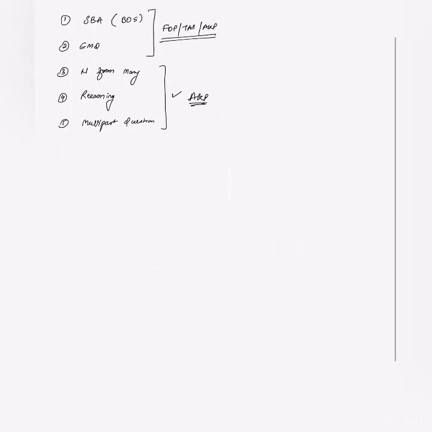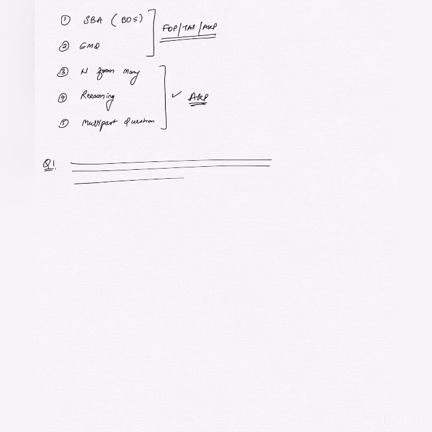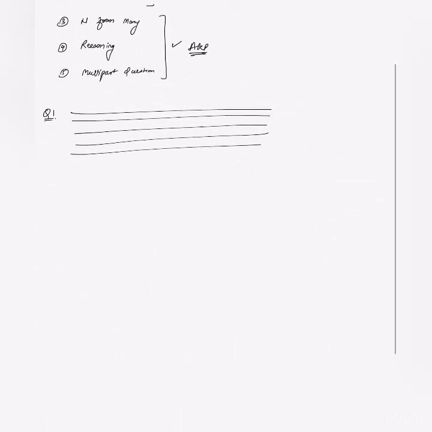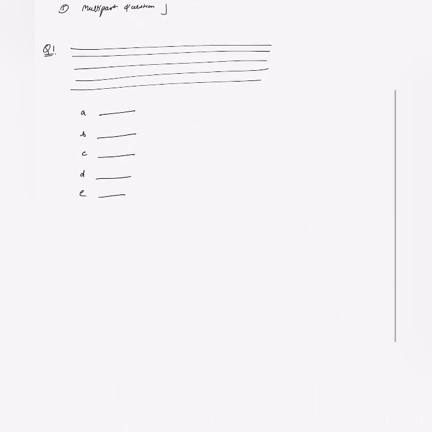So I will explain further what SBA is. Suppose somebody has given you a question, and this is the theory of the question, and after that question there are options A, B, C, D, E. These are 5 options. It might be possible that for the same question more than one answer is correct in the single best answer, but the answer that is best will be only one. Maybe it is E, or maybe it is somewhere else.